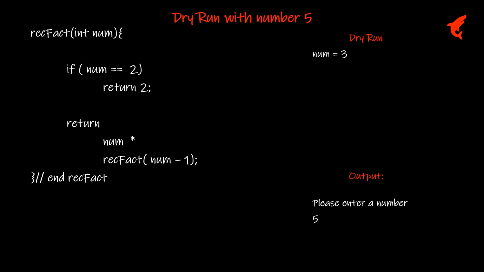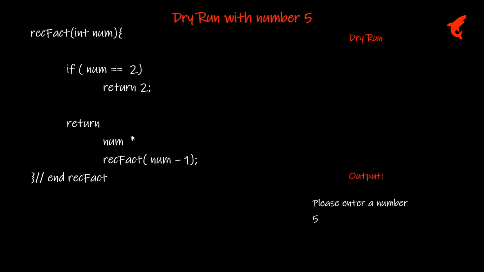So this is our new function call to rectfact. Again num is created with value 3. This is going to be the third call to the rectfact function. Again the condition is checked, and even this time the condition is not true. Control goes to the return statement and to the rectfact function call. The function is called. Num minus 1 is the argument which is passed, which means the value 2 is passed here. So we go to the new call of the rectfact function.